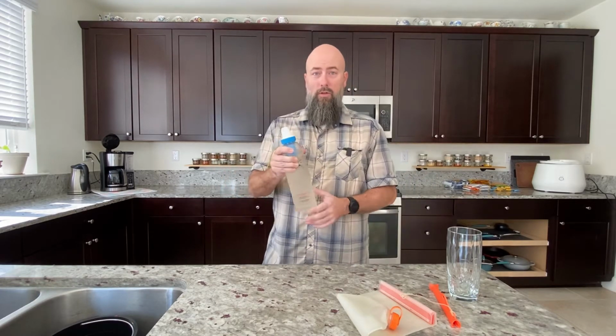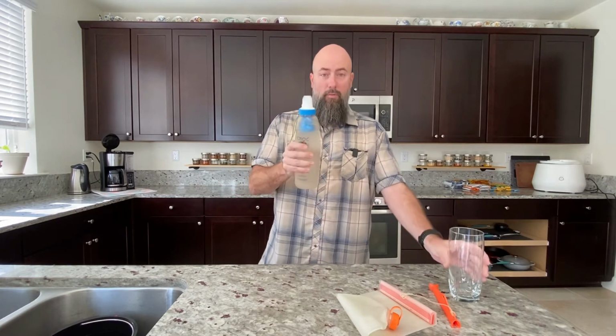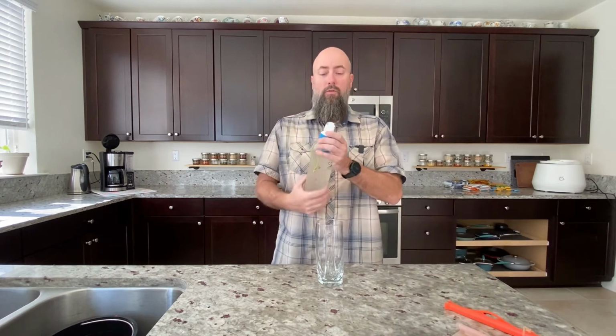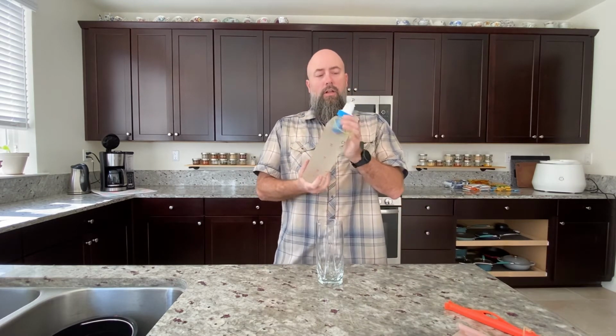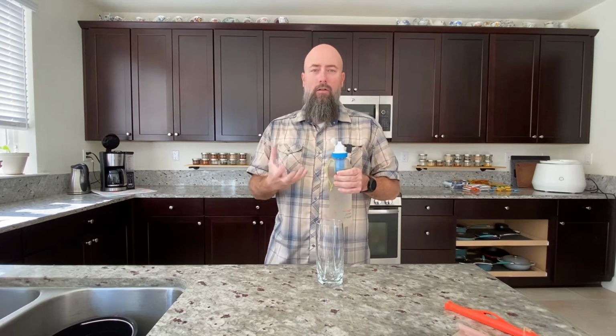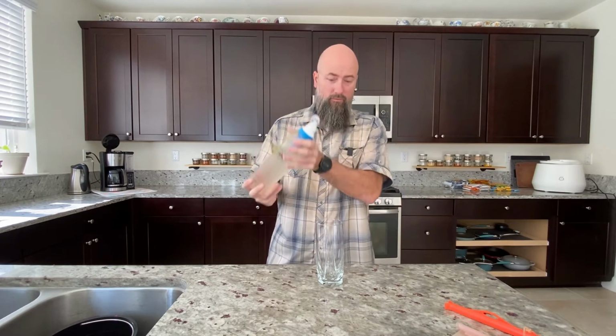So a pro is that this is pretty malleable. The other big pro I'm going to show you now is that when you filter water through this, it creates a suction. You don't have to, as you would with a Smartwater bottle, undo the filter so that the pressure releases and then go back at it again and really get your hands tired from squeezing that plastic bottle so much. So when you filter,